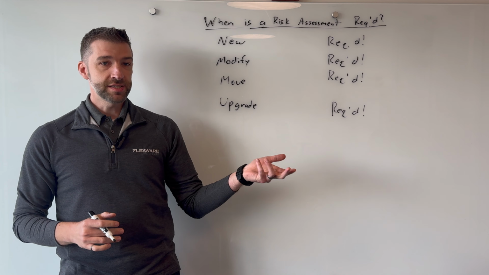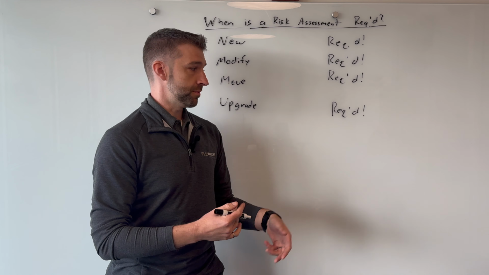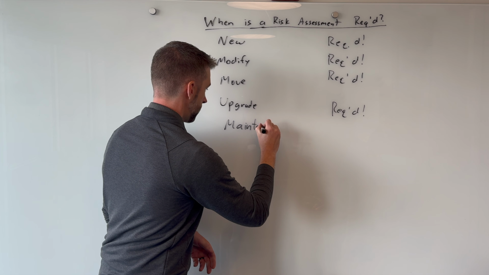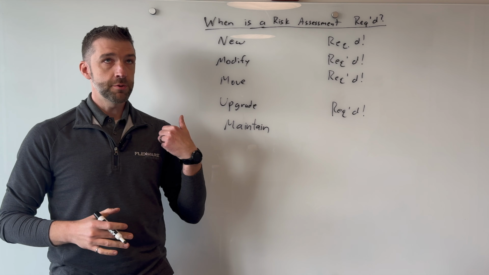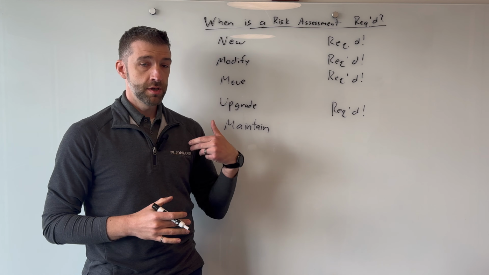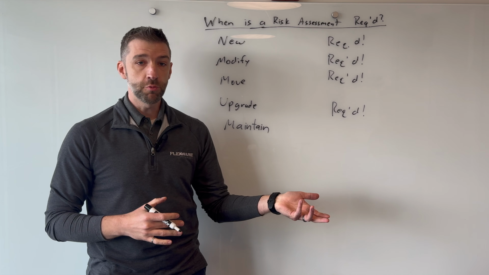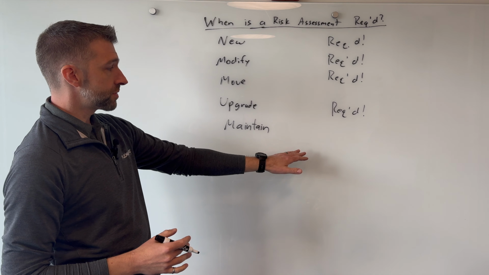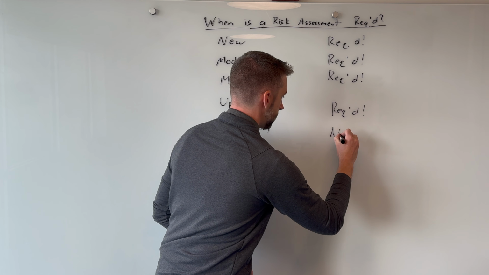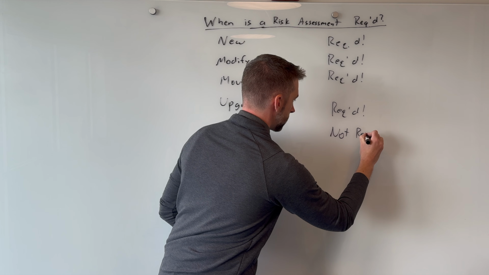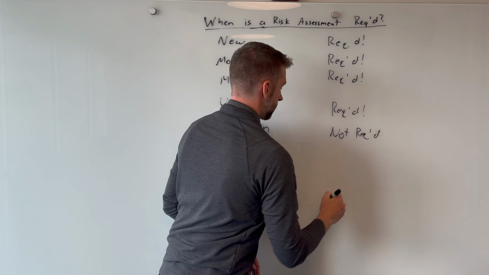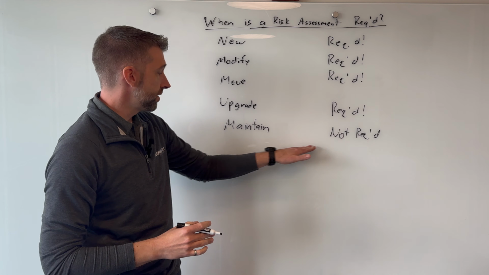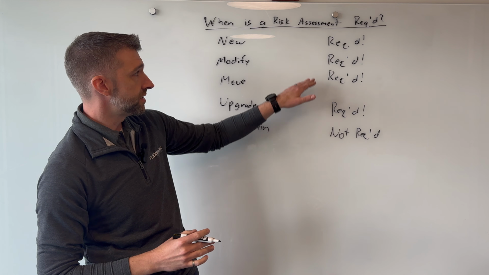Now, the last one is, let's say we're just maintaining a piece of equipment. All we're doing is maybe replacing components that have worn out or broken with the same functional equivalent, the exact same part number. That is the only circumstance where it's not required. So really the only circumstance is when you're just maintaining it, where you don't need to do a risk